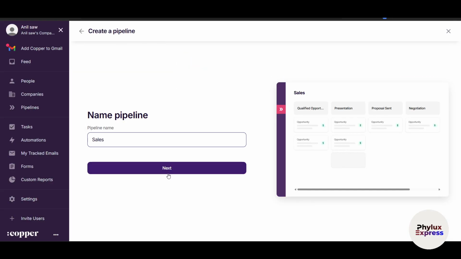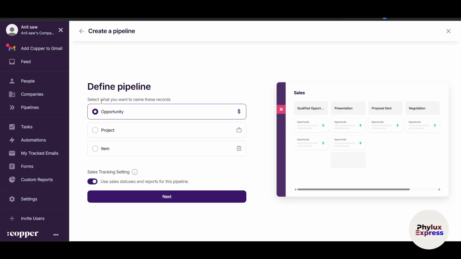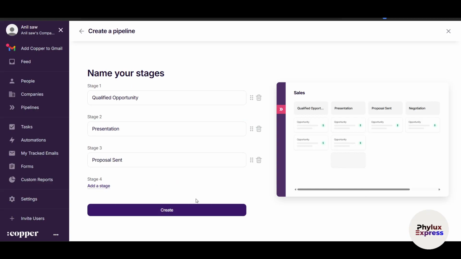Now this sales pipeline, click on next, and select what you want to name this record. So I just want to name this a project opportunity, whatever, you can do this. And you can use sales status and report for this pipeline if you want to. I'll click on next. Now there's the first thing, so what you want, this is right, qualified opportunity. Let's say I will just write here normal potential